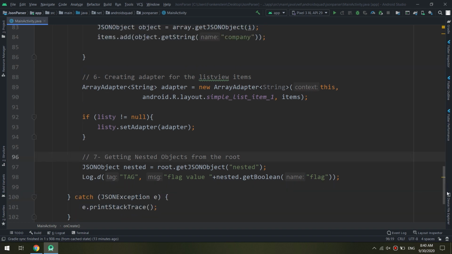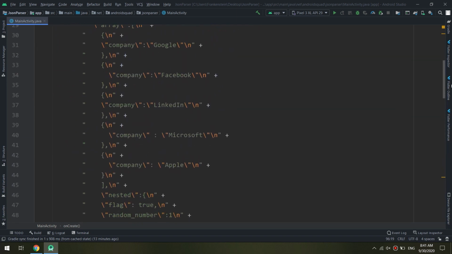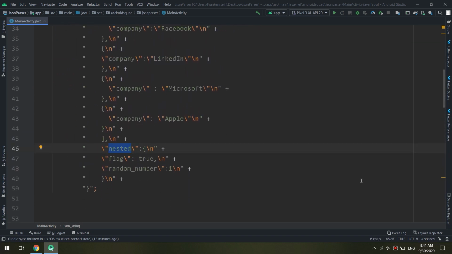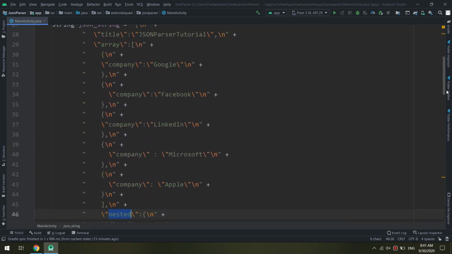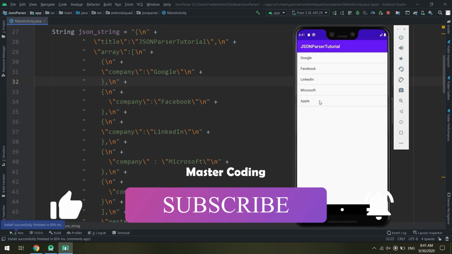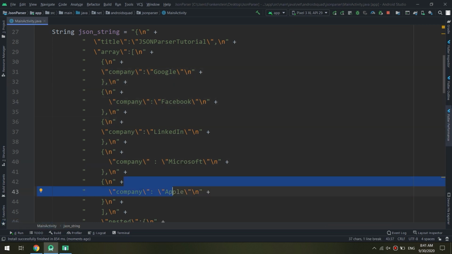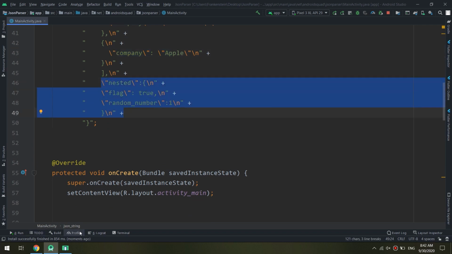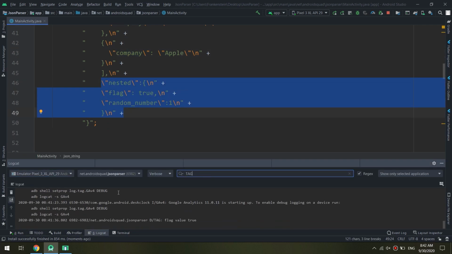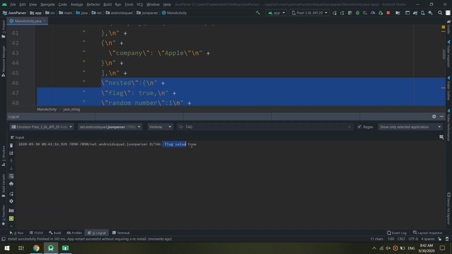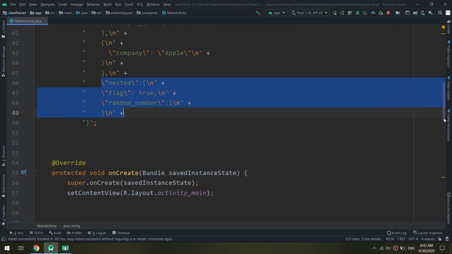So what is the boolean? It is true or false. In our case, it is set to true. So this is now our nested object, and the value is true in the component. This is our application, and congratulations guys, we have created our application correctly, and we have here the nested object. So for that, I will see the logcat. Let's try to run it again. So our application is working fine. The flag value is set to true, so it is parsing the value from the nested